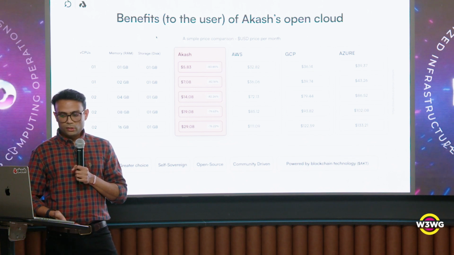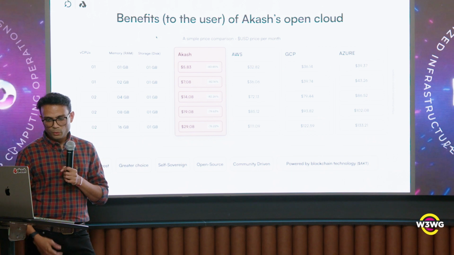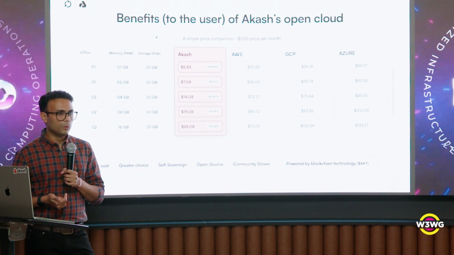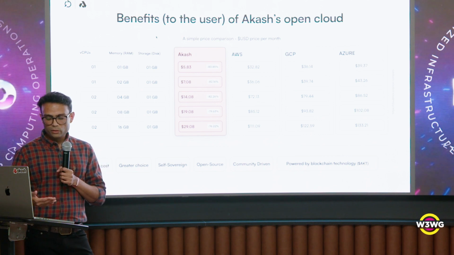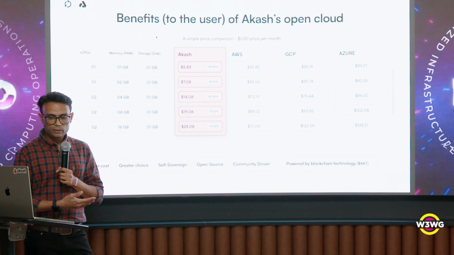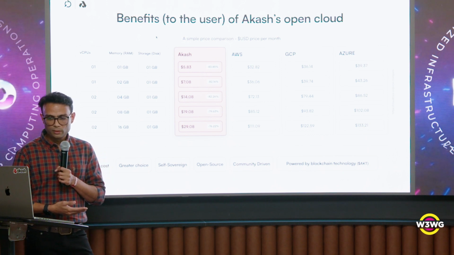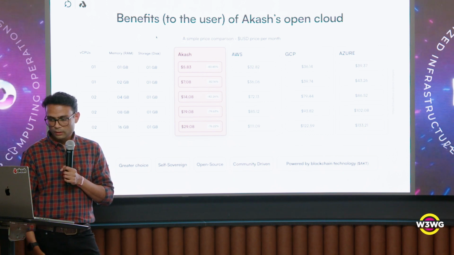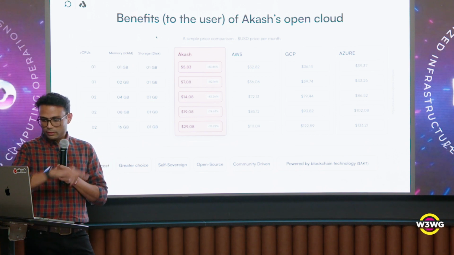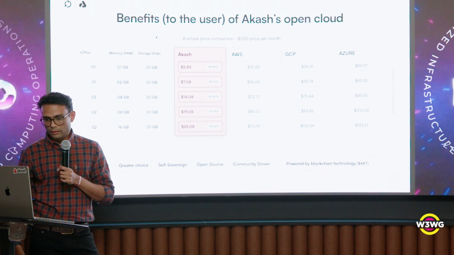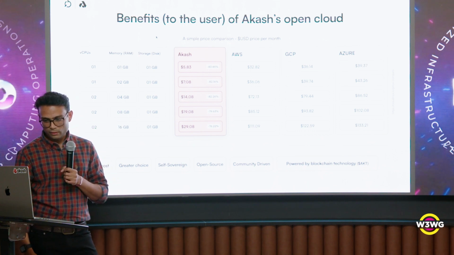But the benefits to the user, just to recap what I said in the last several minutes, is number one, a significantly lower cost for the reasons that I mentioned before. So here is a quick comparison of Akash for some of the standard types of memory, CPU, and storage requirements that people use the various cloud providers for. And it actually comes from one of our ecosystem teams called CloudMoss. There's a URL on the side over there. And you can see that it's significantly lower, up to 80% lower in some cases.